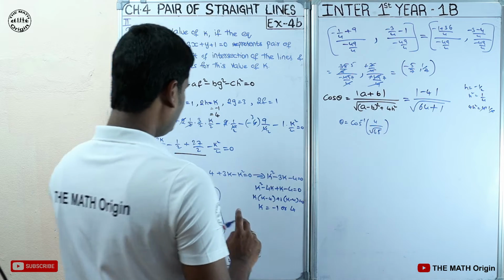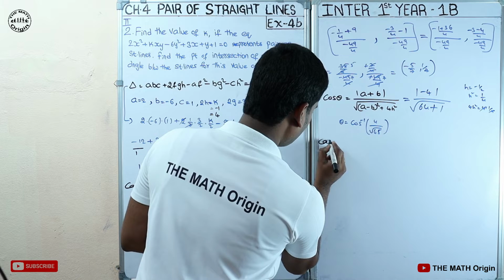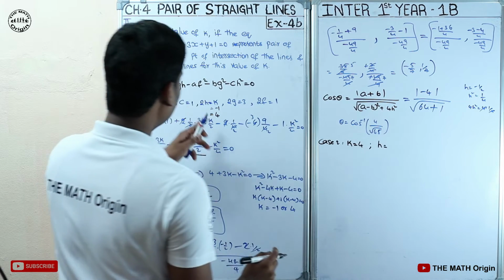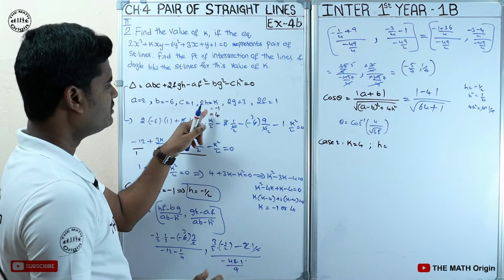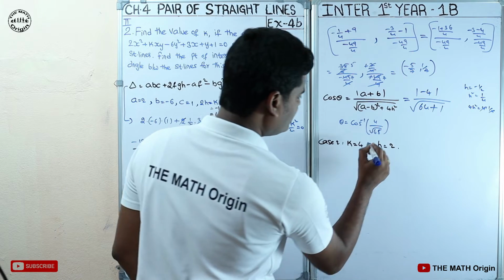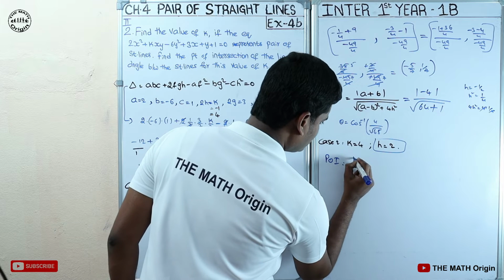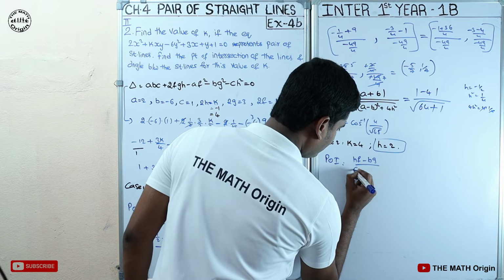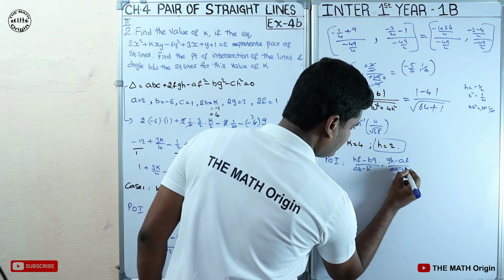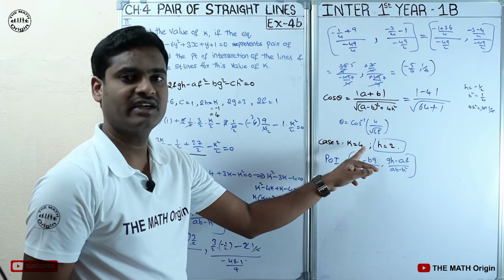Now we need to find, if k value equals 4, case 2. I will write k is equal to 4, therefore h is equal to 4/2, so h will be 2. Let's keep this as a point, the h value. Now we need to find the point of intersection. Point of intersection is (hf minus bg)/(ab minus h square), (gh minus af)/(ab minus h square). Same formula, we have to apply the same formula here, because here we have another value of k.